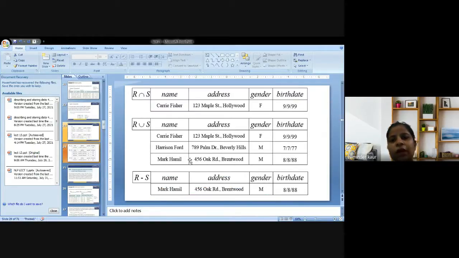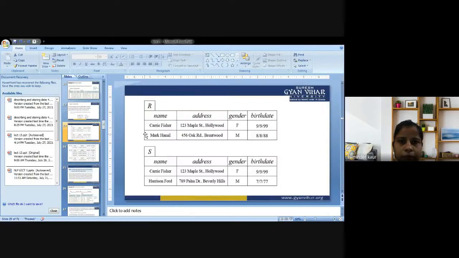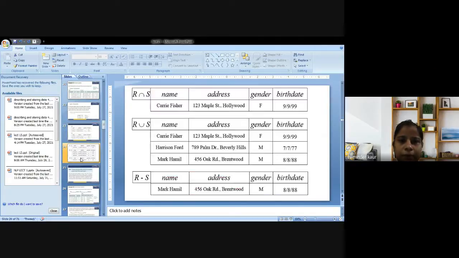These three records are fetched. R minus S: this and this got cancelled, but we are supposed to deal with only R here. So Mark Hamill will be the answer.